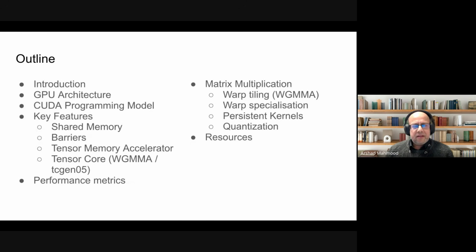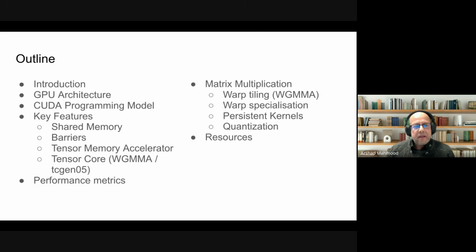I'm going to assume that you know a little bit about CUDA and a little bit about GPU programming, but then I'm going to really try and tell you about the new features in modern GPUs like Hopper and Blackwell and how they help us to do calculations like matrix multiplication. Matrix multiplication is really quite interesting because modern GPUs have a lot of features to make it really fast. And if you know how to write state-of-the-art matrix multiplication kernels, then if you want to write other types of kernels or other types of models, all of that knowledge is really